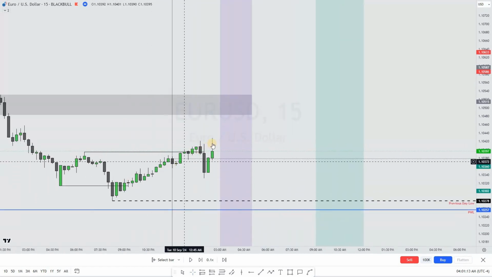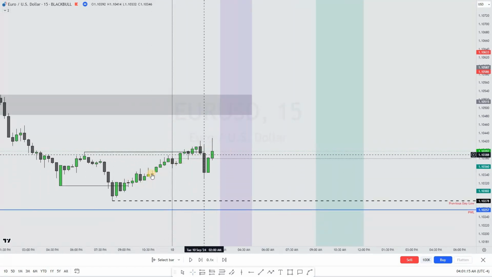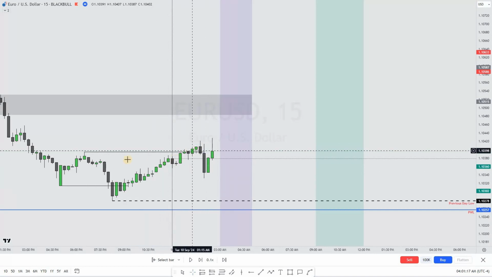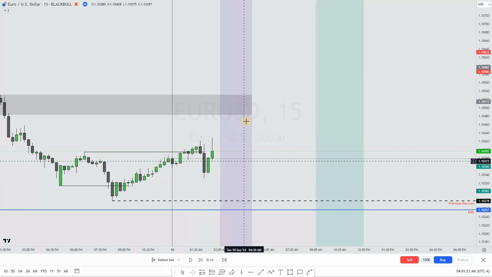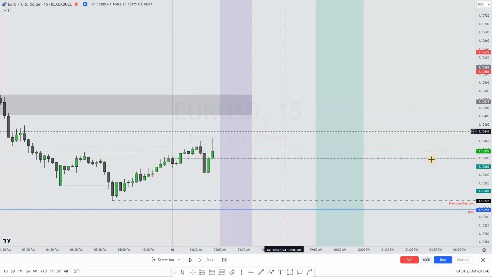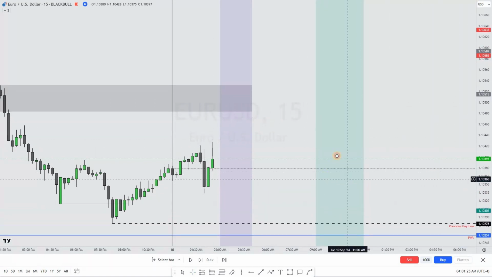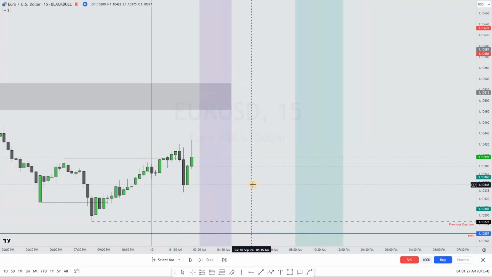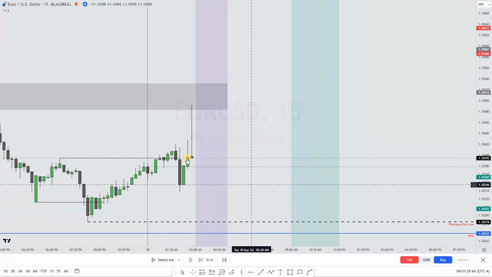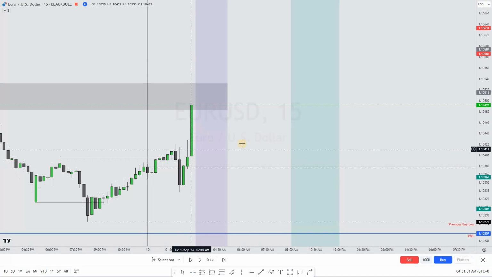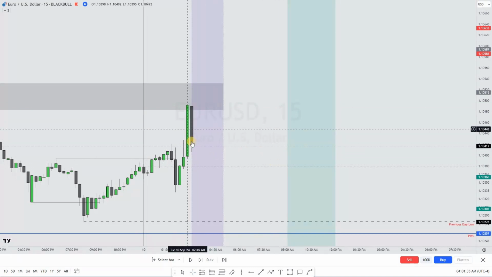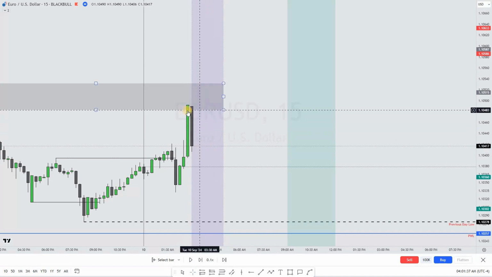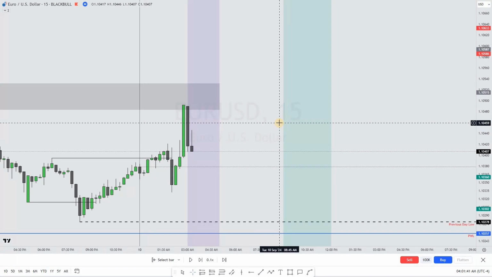So I'm going to be trading a continuation in the sense of this move that price has already shown signs of going up prior to the trading session. So that's a continuation trade to the upside. So coming to the London session at 3 a.m., as you can see, before 3 a.m., this move happened, and then this move happened. There was no fair value gap, and plus also the target was reached. So I was not in a trade here.